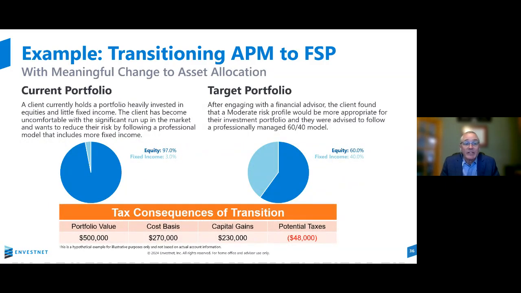So let's take a look at another example. This one is a portfolio where you need to de-risk. The client's 97% equity, but they really need to be in a 60-40 to have that portfolio match the risk class or risk tolerance of that investor. In this case, it's a $500,000 portfolio value with a cost basis of about $270,000. That means there's unrealized capital gains of about $230,000 that, if immediately realized, would have a $48,000 tax bill to